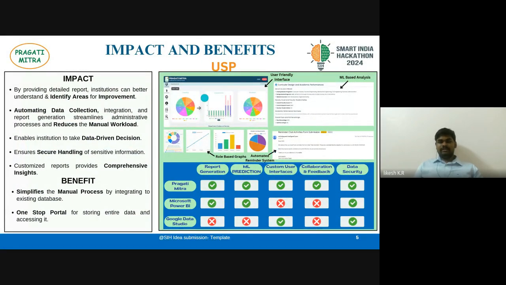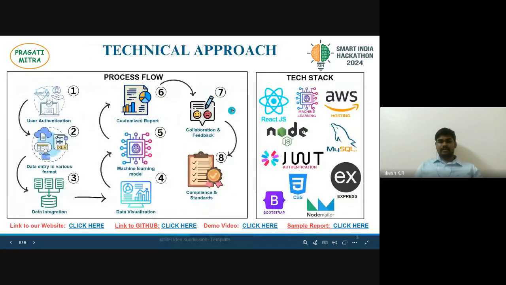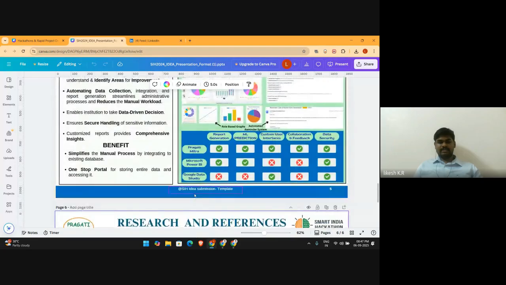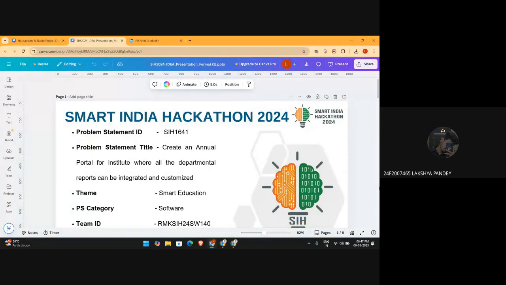I believe this page and this page would impress the judges. So you make sure that you do these things. You also host a website, place your GitHub link, and have a demo video. And then the final page they had us give was results and references, and we attached all those links and places where we referred. So that is about this SIH. Please share the link for this also.